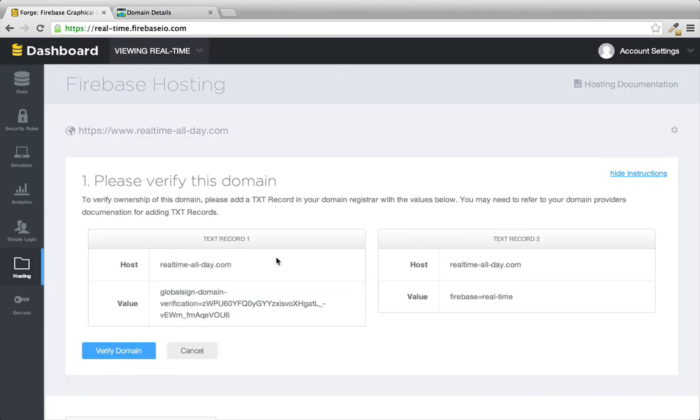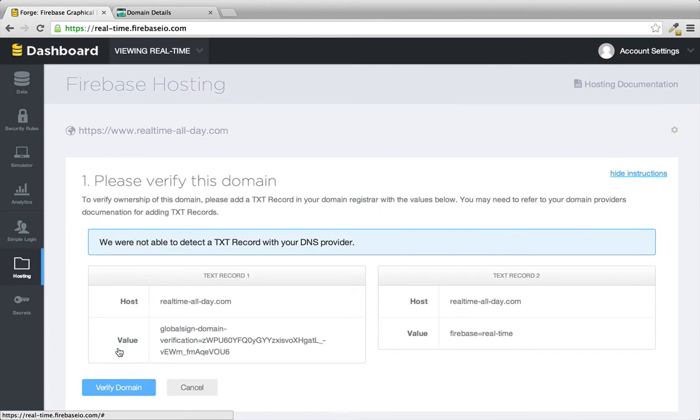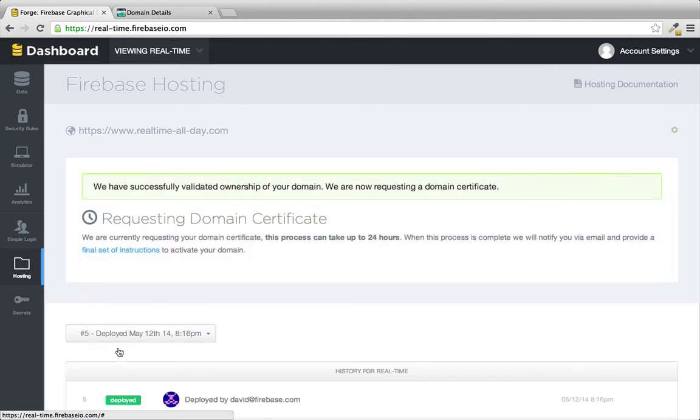Back in the Firebase dashboard, click on the Verify Domain button. You may see a message notifying you that it can't find your record. Depending on the DNS provider, it may take up until an hour to propagate the records. And now we have a successful message letting us know that we were able to validate the ownership of our